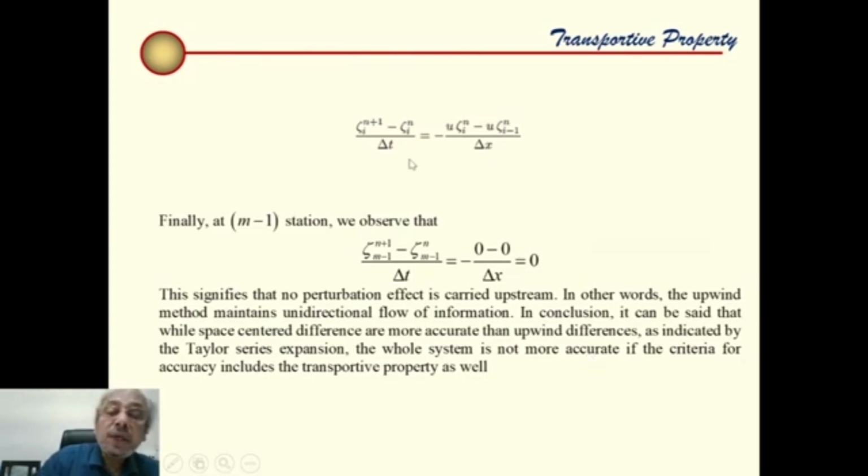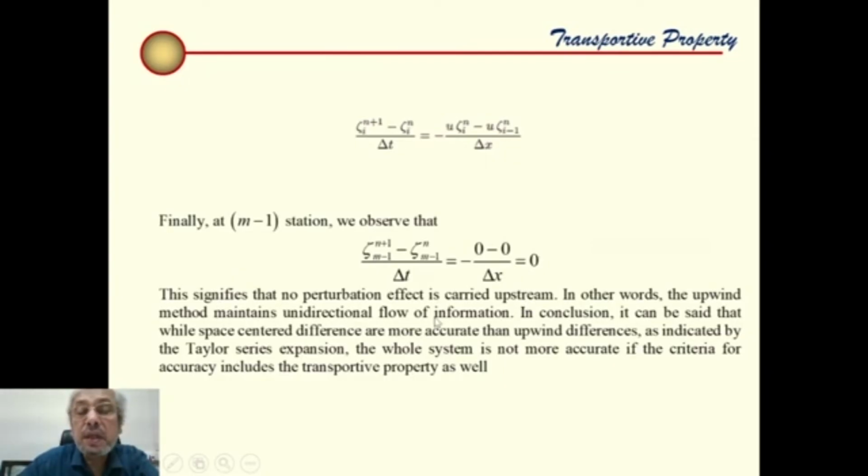Again, if we observe at the m minus 1th station, we have repeatedly written this equation so that we can easily substitute m minus 1. If we substitute i by m minus 1, then it is U zeta m minus 2, there is no perturbation there, so these are equal to 0. So at the upstream point, that means the point behind, there is no effect. So this signifies that no perturbation effect is carried upstream. In other words, the upwind method